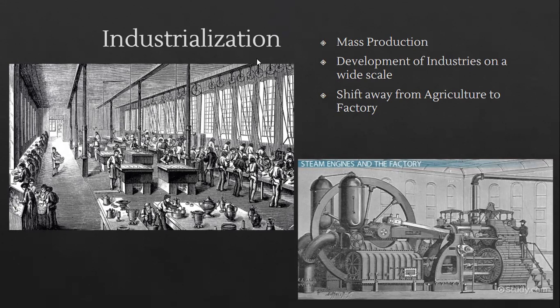It shifted people's employment away from agriculture to the factory, right? People were working in factories, they were using steam to produce things on a massive scale. I mean, right now, look down at the chair you're sitting in or the bed you're laying in, look at the clothes you're wearing. It's very likely that the products you're using right now were mass produced in a factory. Okay, that allows lots of people to have access to tons of products at a very low price, relatively, right?